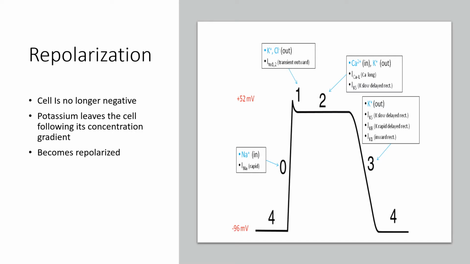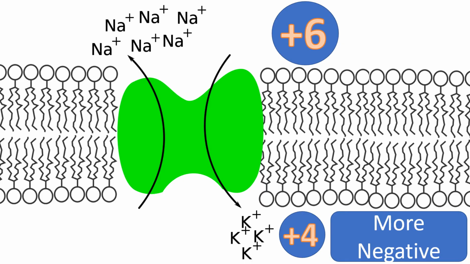After all of this is complete, the calcium channels shut off, the sodium channels are inactive, and potassium continues to leave the cell following its concentration gradient, no longer being held in by the negative charge of the cell, and this leads to repolarization, at which point my ion concentration gradients are reestablished via my vitally important sodium-potassium ATPase pump, pumping out 3 sodium for every 2 potassium coming in. That is your review of the cardiac action potential in the basic physiologic electrochemical gradients that allow for us to